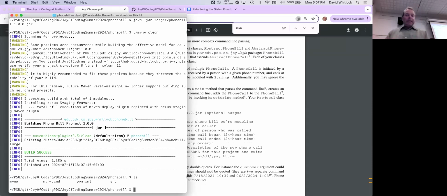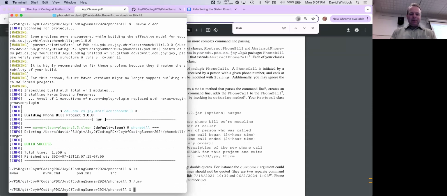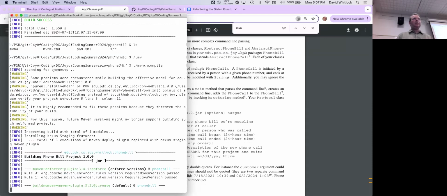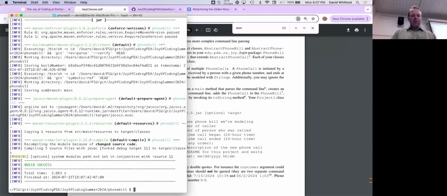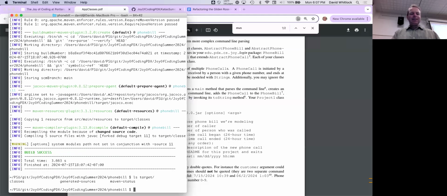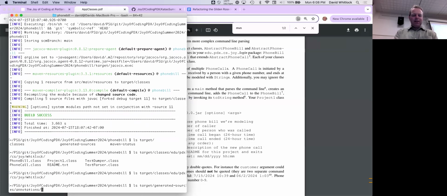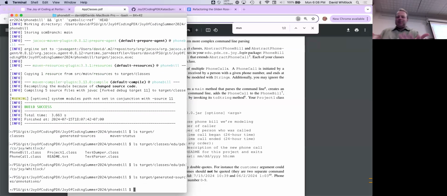But then if I run really any command, I can say mvnw compile, and all that will do is compile the code in source main Java. Well, source main, actually, if there are multiple languages. Right? So it's successful, it doesn't really do all that much, but now it creates a target directory, and inside that target directory it has things like classes, where all your class files live, and your resources. And I guess it also has generated sources. I don't even know what's in there. Okay, so the annotations directory. It doesn't really matter where all these things are. But yes, really, running any Maven command will create a target directory.